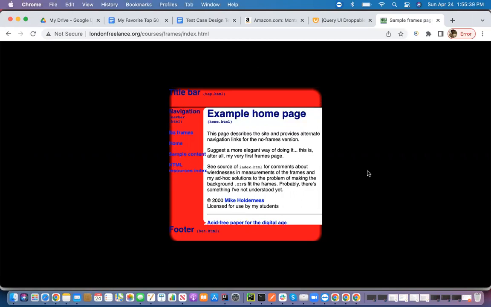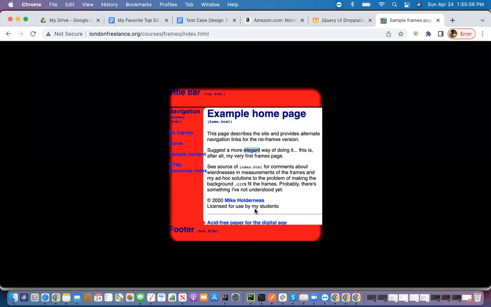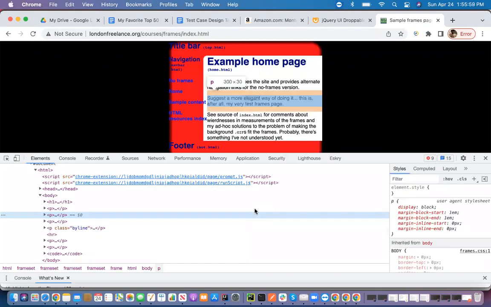So first I'm going with this one, and then I'll probably go back to the original problem. Okay, so what is actually an iframe? If I just inspect this one,